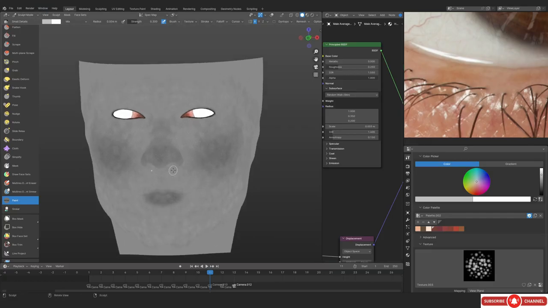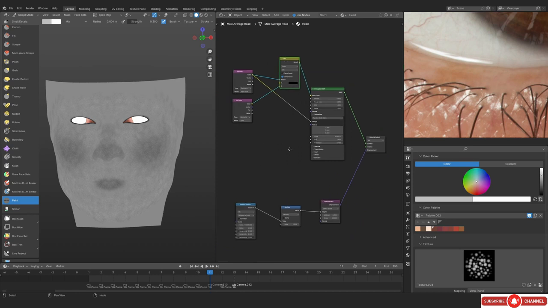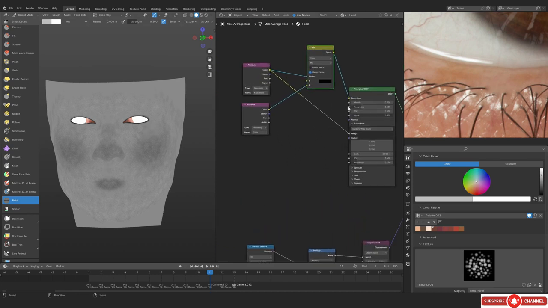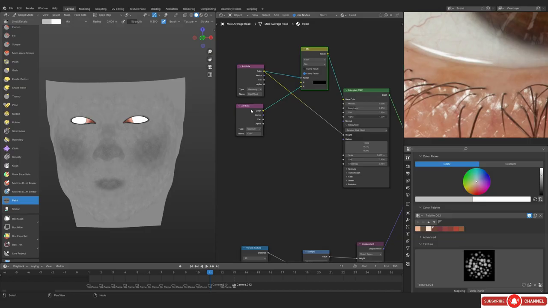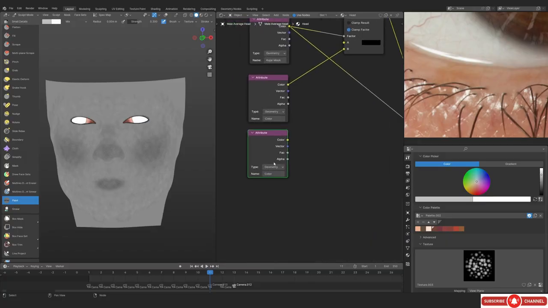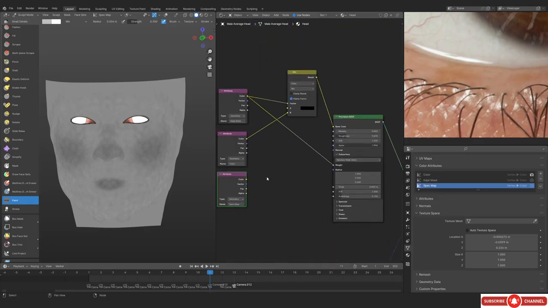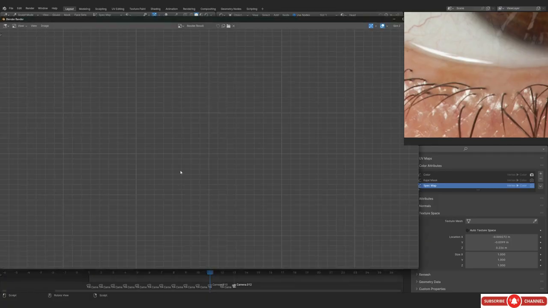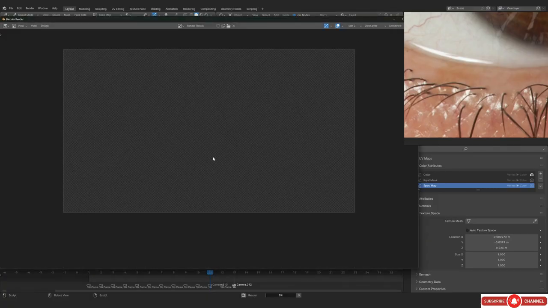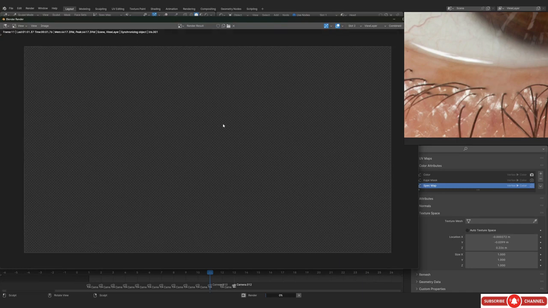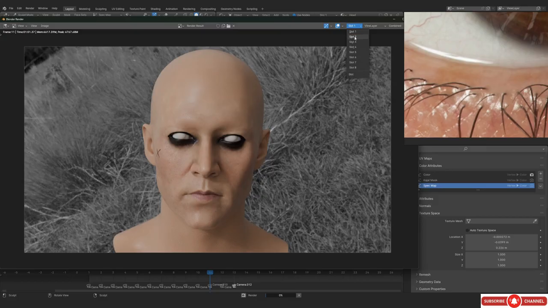All right, so this is what we have, and I've added the white dots as well. So now we can actually just use this in our node setup. Yes, I literally forgot the word node, but it's okay. So now we can actually just duplicate the attribute, and this is actually one of the weird things. You have to type in the exact words letter by letter in order for it to work. Blender should have actually just given an option to choose from the color attributes that we are using. But let's actually just do a test render to see. So yeah, let's see how it would look. I really hope that it actually looks nice.